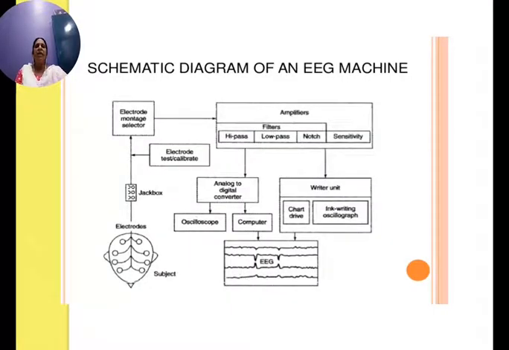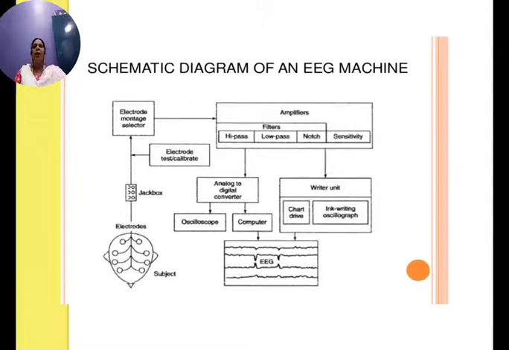Then the schematic diagram of the EEG machine. It consists of the subject, with the montage pattern placed on the subject's scalp. Then the electrodes tap the biopotentials from the scalp, and through the jack box they are given to the electrode montage selector. Through the montage selector, the signal is given to the amplifier, which consists of a filtering circuit, high pass and low pass filter circuit. Then we have the notch and the sensitivity control, and from there the output is given to